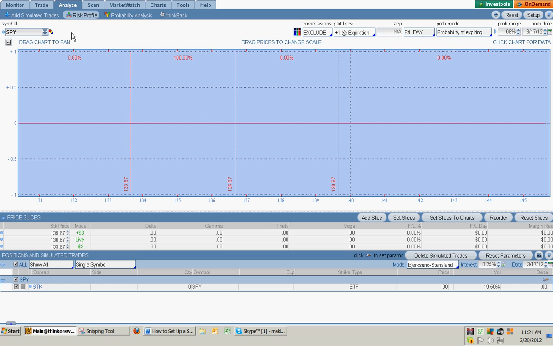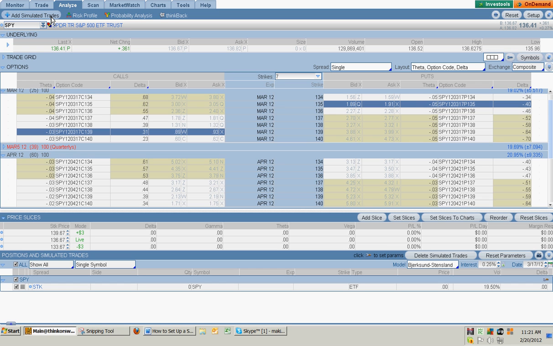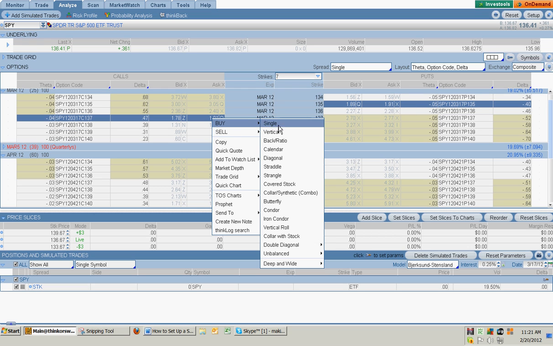So let's go up and buy a calendar spread. SPY closed at 136.41 last Friday. This is over the weekend now, but after hours trading, it went up to 136.67, and that's going to be the number that we're going to be working with. So let's buy a calendar spread at a slightly higher strike than that. We'll look at the calls. We will buy a calendar,